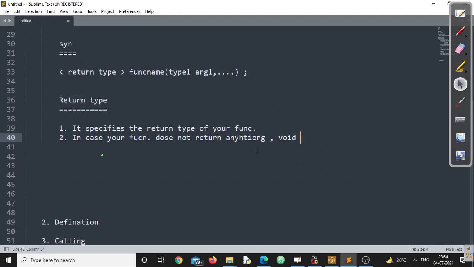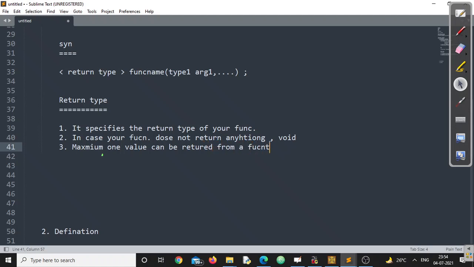Now, number three, you should remember, a maximum of one value can be returned from a function. This is not only for C, C++, but also for Java.